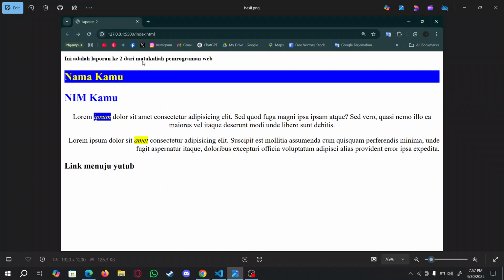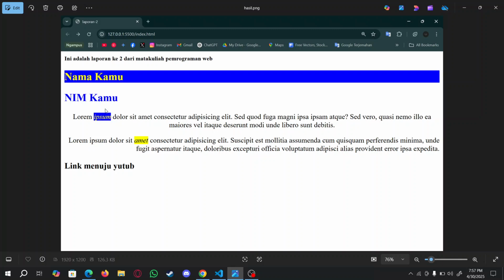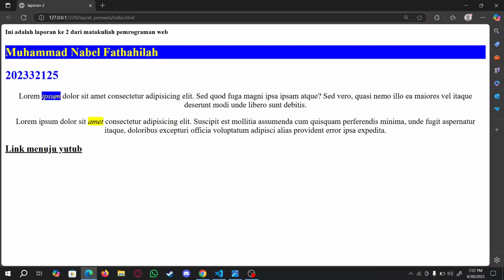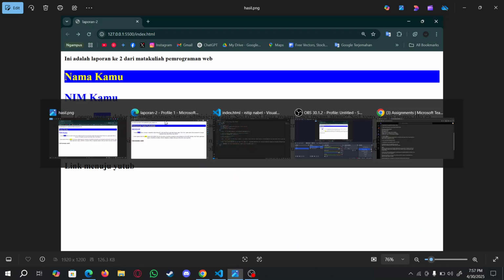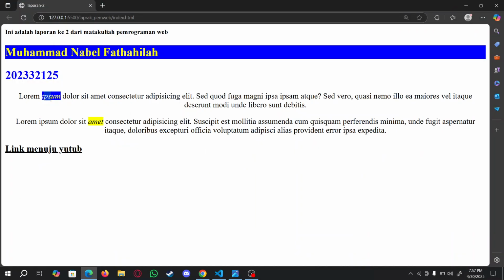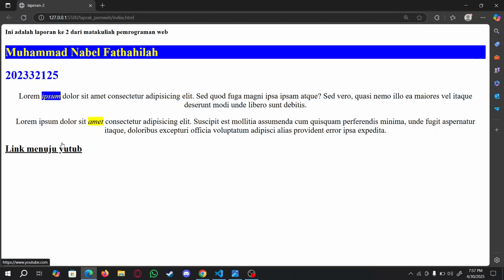So the first line is the same, the second line, the third line, the paragraph which is centered, and some words are different right here. And for the final line, it was a link but its color is black.